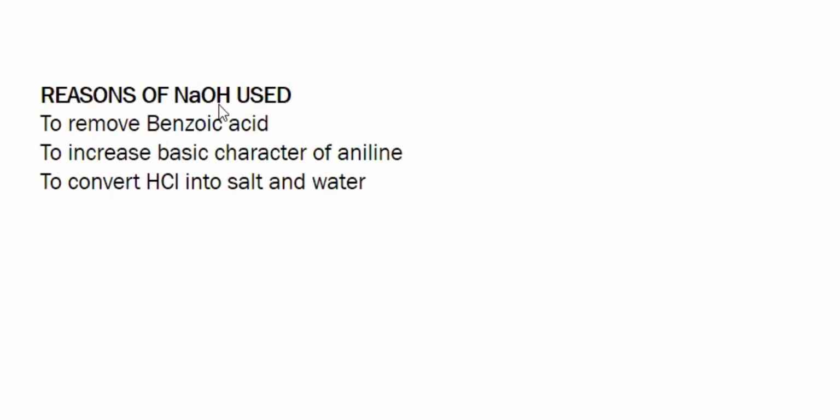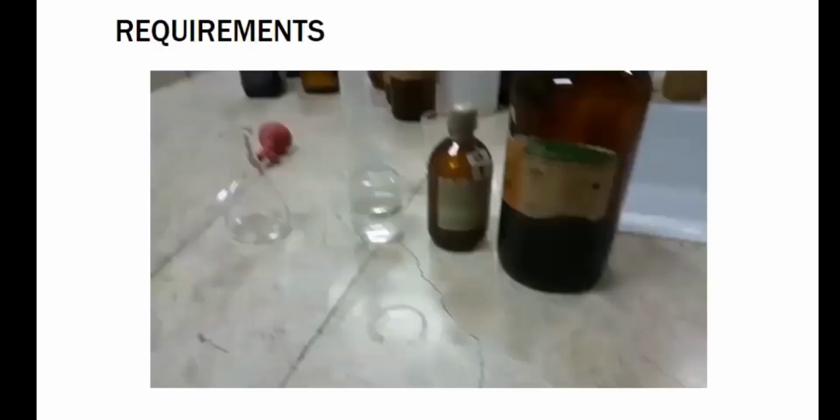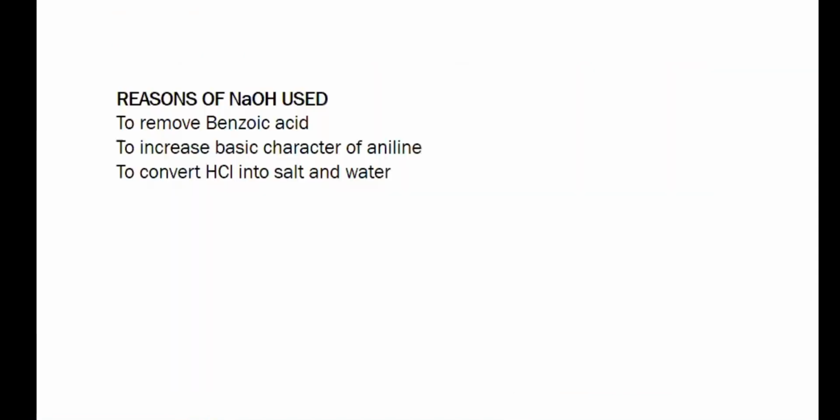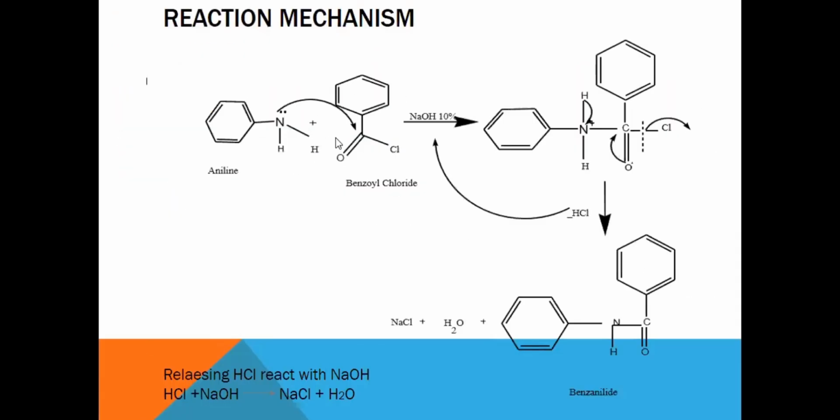In this section, we have used sodium hydroxide. There are three roles of sodium hydroxide. The first one, it is used to remove the benzoic acid from the reaction. You can see here we have discussed that this is the product of acid. Whenever there is decomposition or hydrolysis, then it will convert back into its precursor or the parent compound, which is acid. So benzoyl chloride, when hydrolyzed during this reaction, because we are using sodium hydroxide, it will convert into sodium benzoate.